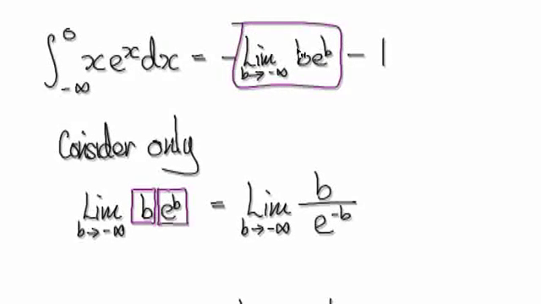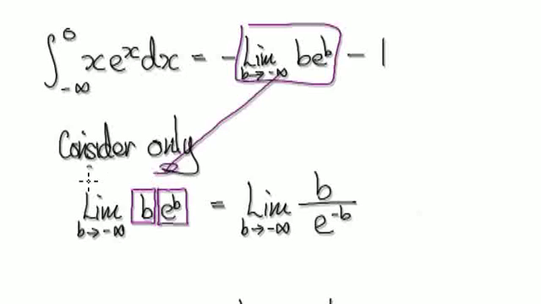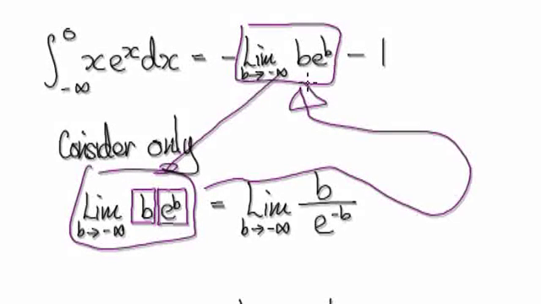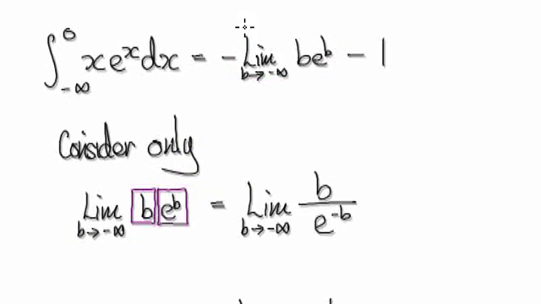Try to evaluate the limit of this. So let's just consider this bit only, and then later on we will come back to here and put it back into here. But for the time being, let's just consider this bit only. So if you look at this here, as B tends to negative infinity,